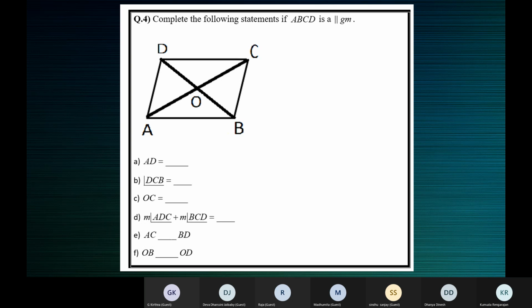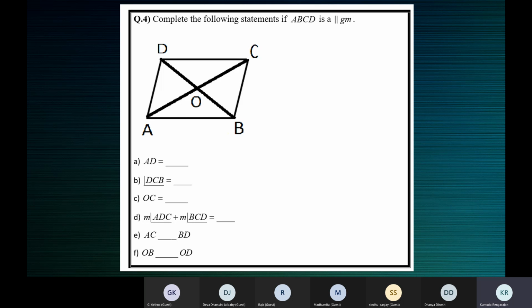Next one. Excuse me, ma'am. Yes. Ma'am, but diagonals are unequal, no, ma'am. Oh my God. Yeah, it's a parallelogram. I'm so sorry. Not equal. AC not equal to BD. Thank you, Madhumita. So use the not equal to symbol. Don't write "is not equal to" in words. Use the symbol. AC not equal to BD.